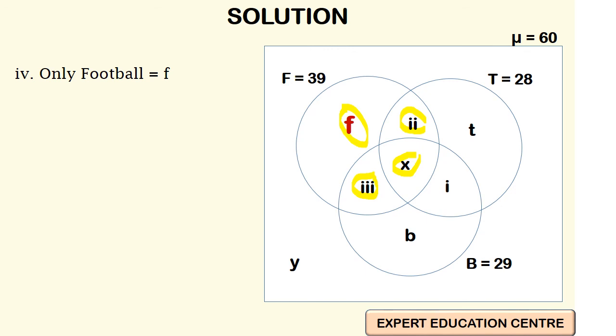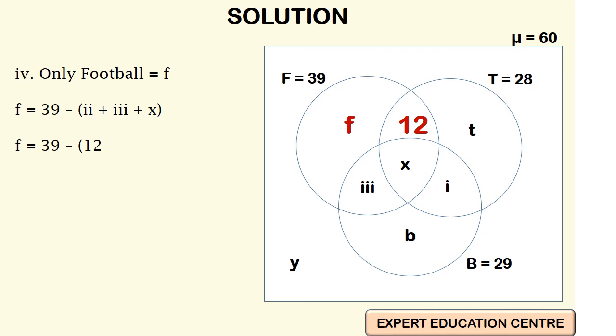These subsets are III, X, II, and F. Therefore, F will be 39 minus the sum of the other sets, II, III, and X. So if we add up those three values and then subtract it from 39,